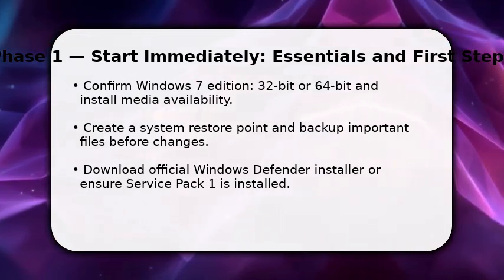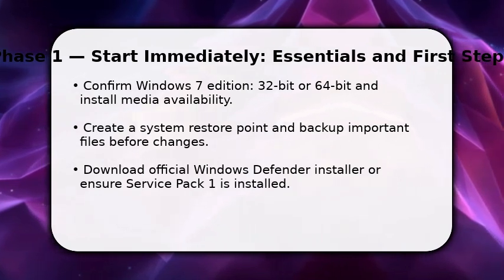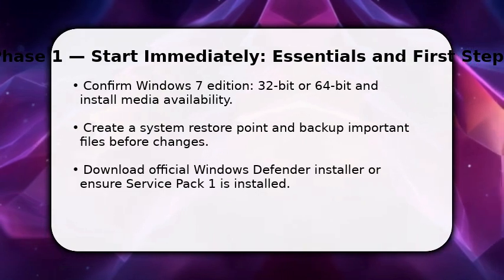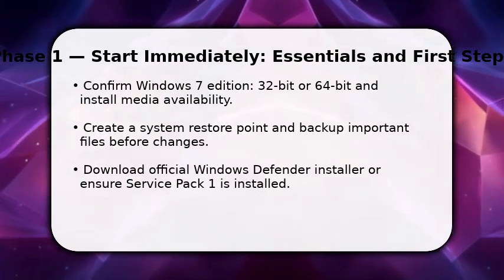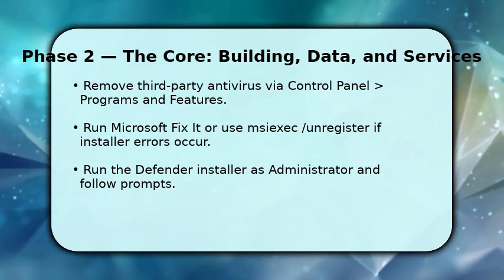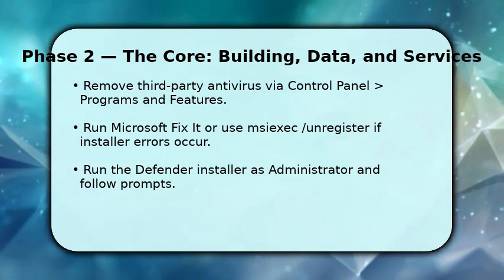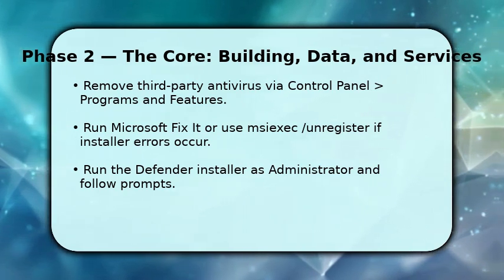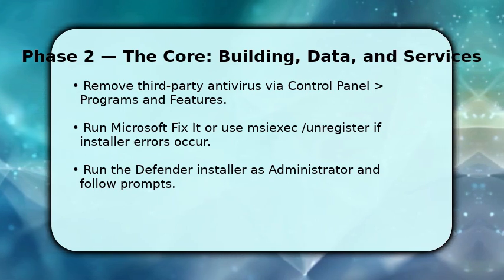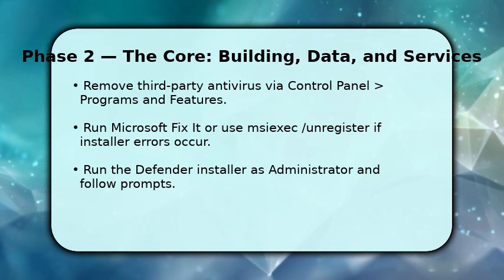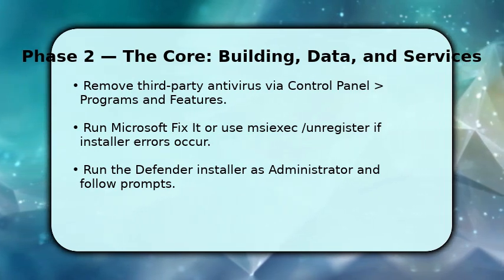Then download the official Windows Defender installer for your architecture. You'll move directly into uninstalling any conflicting security tools. Do that now so the install can proceed cleanly. You now remove third-party antivirus software from Control Panel, Programs and Features, because coexistence often blocks Defender. Once removed, reboot, then run the Microsoft Fix-It tool or use elevated commands like msiexec /unregister and msiexec /regserver if you hit